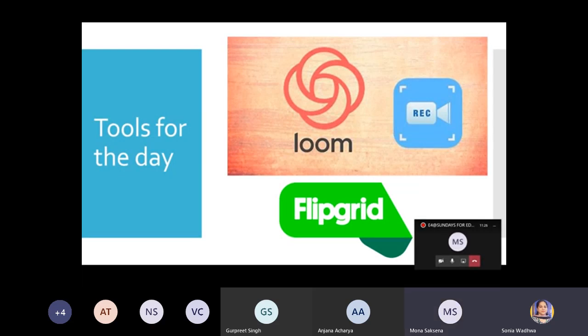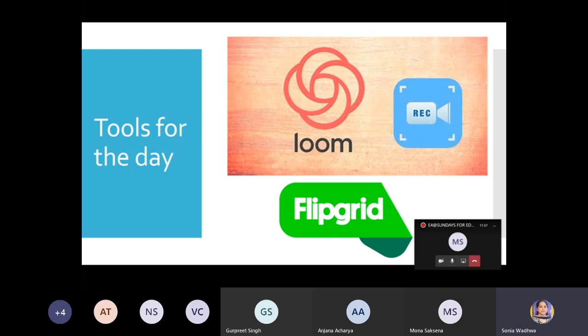This is absolutely free. However, there was some limitation with the free edition, that one could record 25 free videos, and after that you had to either delete some of the videos from your Loom Cloud, or you had to move to the paid version. But in the COVID-19 pandemic crisis, this EdTech company is giving you the premium version for free. So you can go and record endless videos, and there is no limit on the maximum size of the video that you record using Loom.